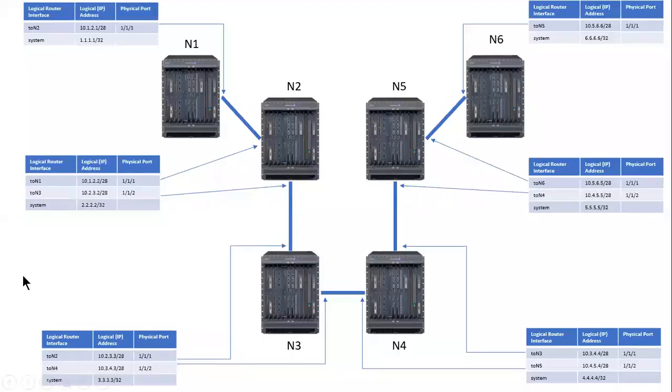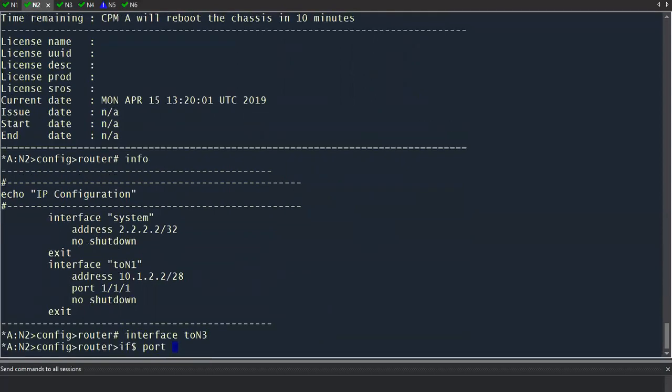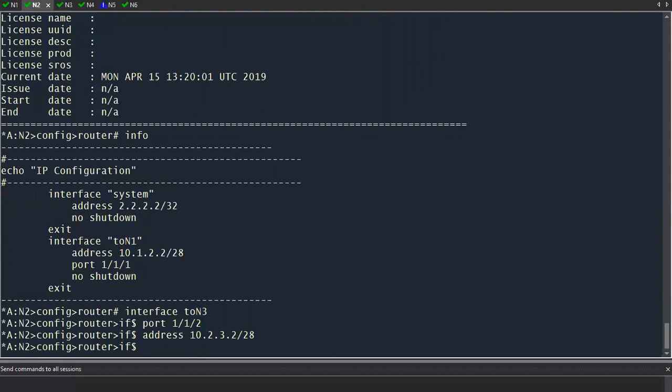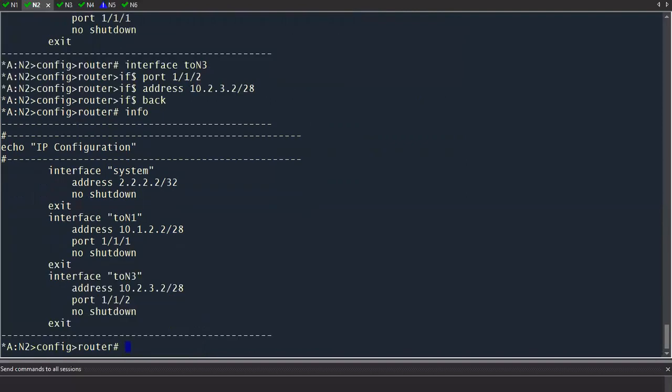So our next step for N2 is going to be to configure our logical router interface to N3 with a logical IP address of 10.2.3.2/28 and a physical port binding of 1/1/2. So we're just going to specify interface to N3, port 1/1/2, address 10.2.3.2/28. And if we go back into our configure router context and look at the info,